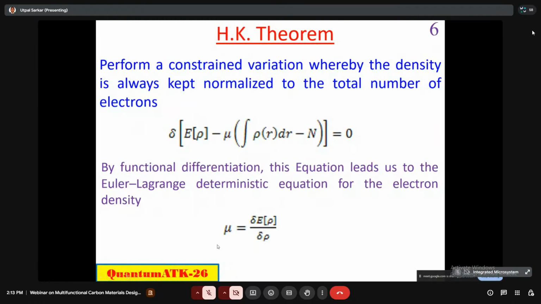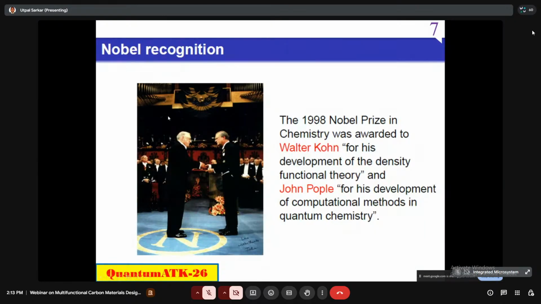Now in 1984 Professor Parr first identified that this Lagrange multiplier is nothing but the chemical potential of the system. So this is the first identification of chemical potential from the electron density, and once you get the chemical potential of the system, then the whole of chemistry can be explored from these particular expressions. So now all chemistry people jumped into this field, and then there was a huge bump in the publications in density functional theory, basically from the organic chemistry community.